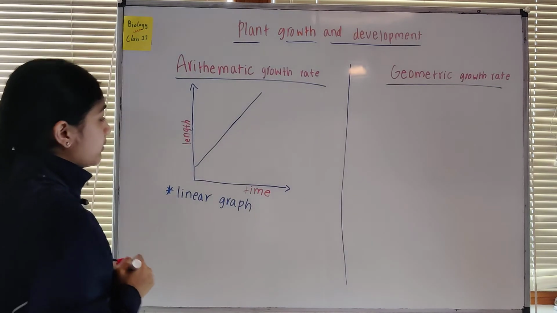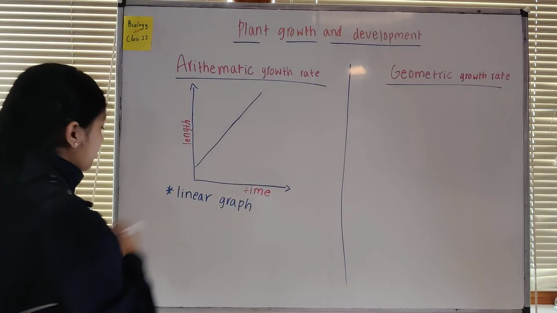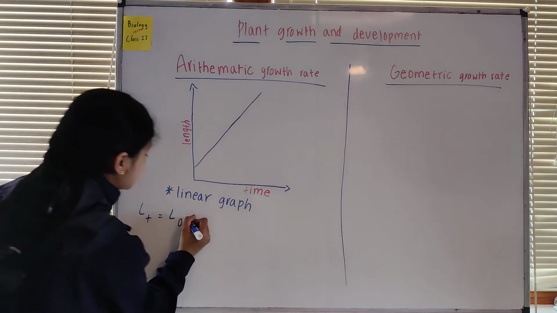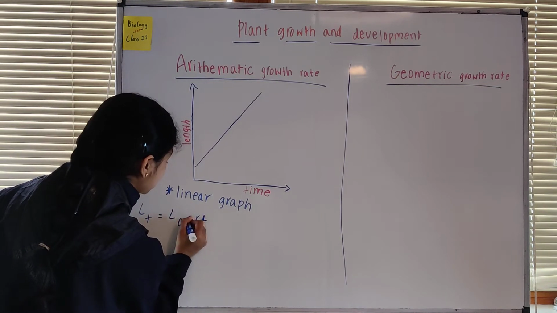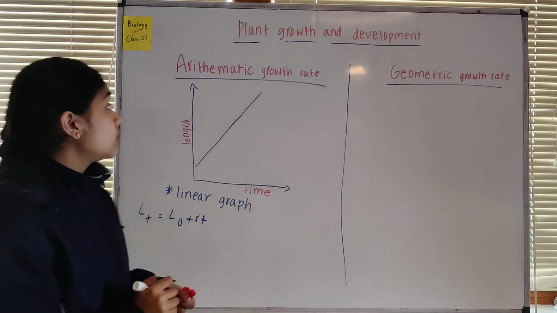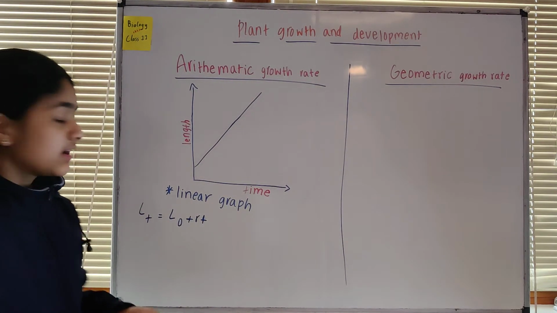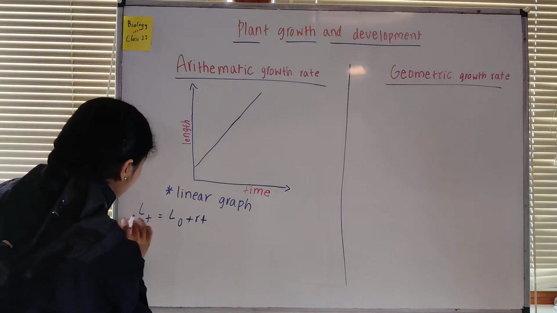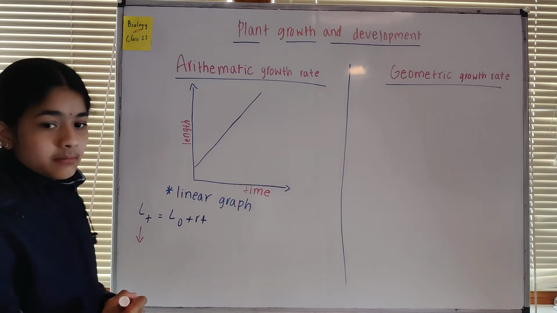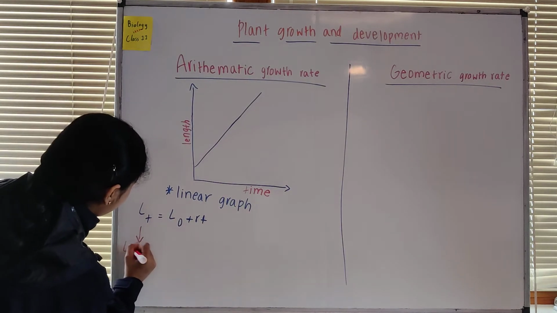So let's look at the formula. The formula for this arithmetic growth rate is LT is equal to L0 plus RT. So this is the formula that we use to represent the arithmetic growth rate. Let's look at what each one represents. LT is the length